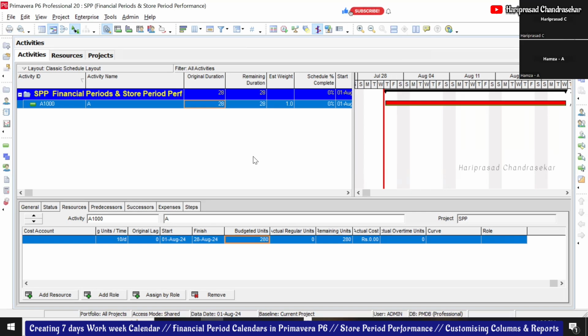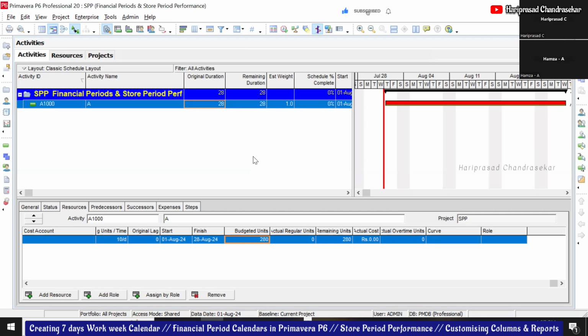Just a minute. Can you see that one in your WhatsApp?